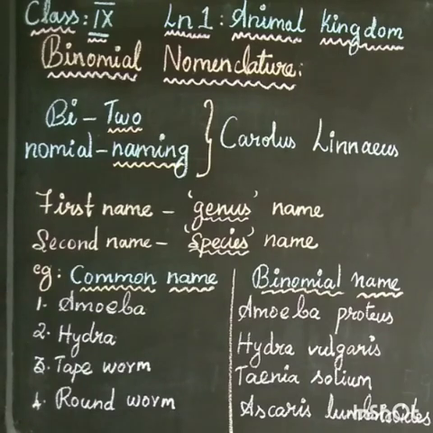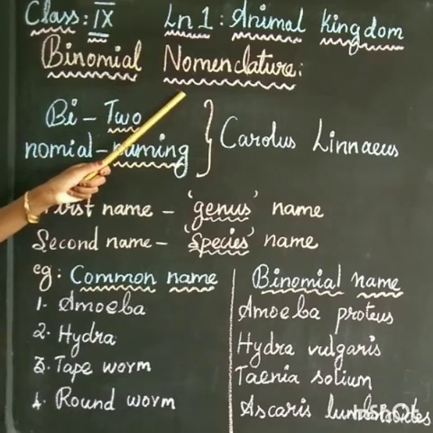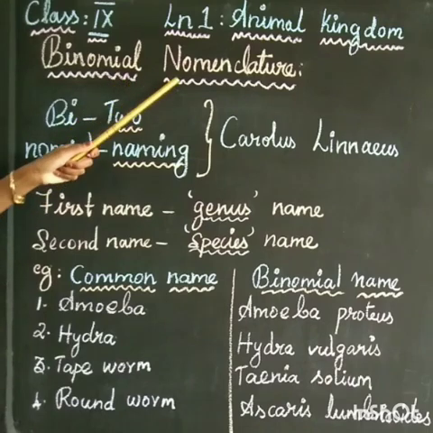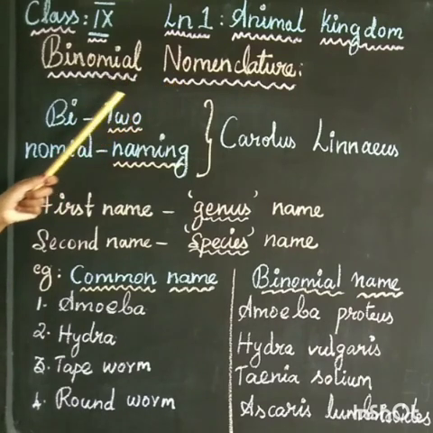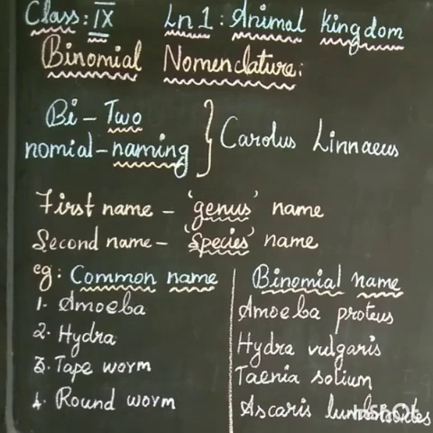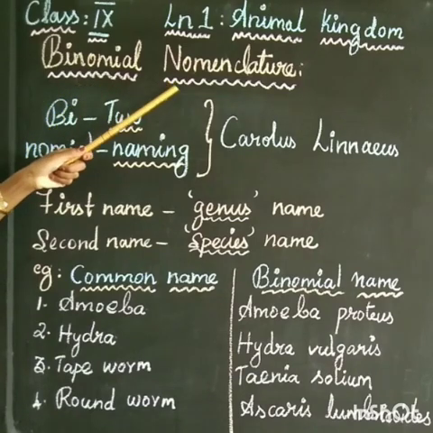In today's class, we are going to see what is meant by binomial nomenclature. After that, we are going to see each of the 11 phyla in detail with a common example. All those 11 phyla are included in invertebrata. With a common example, we will see each individual phylum with a clear diagram or picture. At present, we are going to see what is meant by binomial nomenclature.